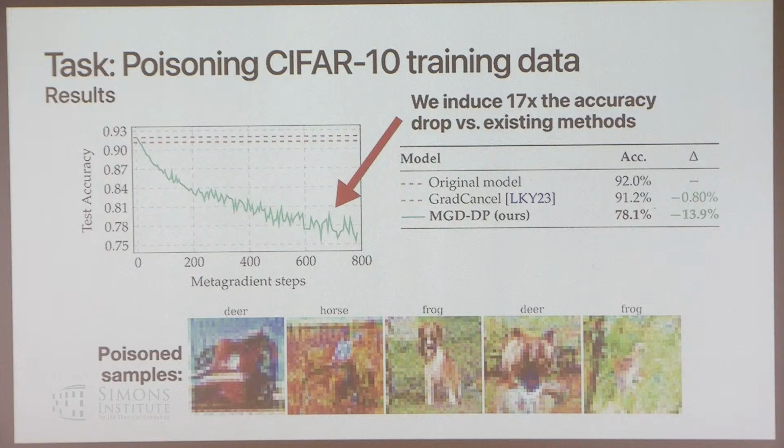Oh, great question. This is not an attack that's happening at test time. These are training images that are being fed into the training data set. The model is training on them and then doing poorly on natural, normal test images. All of the backdoor attacks are similar, right? The backdoor attacks are targeted, so they require you at test time to insert a backdoor of some kind. Here, I'm trying to do very poorly on normal, clean test images.